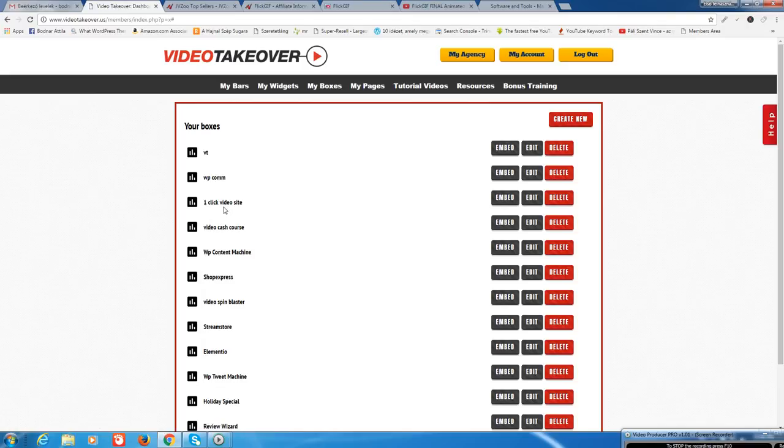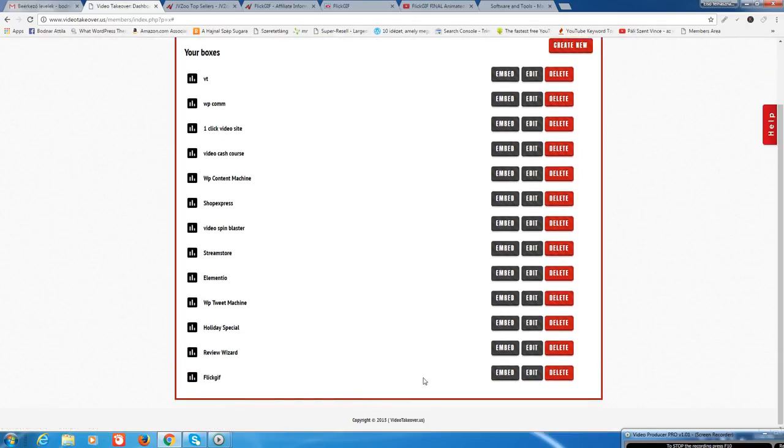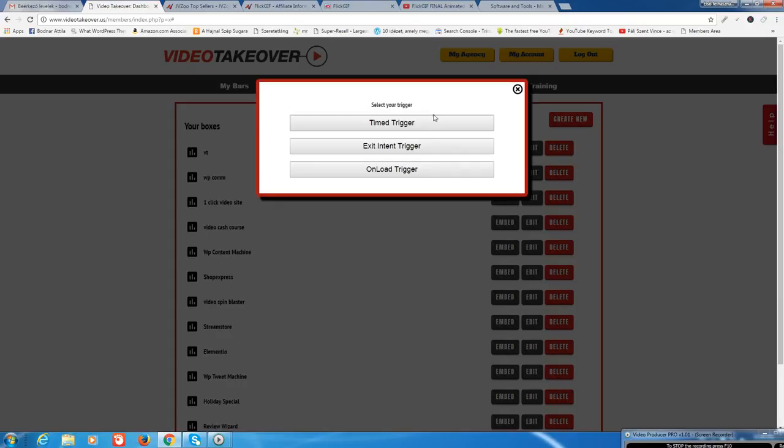You can watch your text stats here. So here is my campaign, and here is the embed code that I choose, and here are three options: timed trigger, exit intent trigger, and onload trigger.